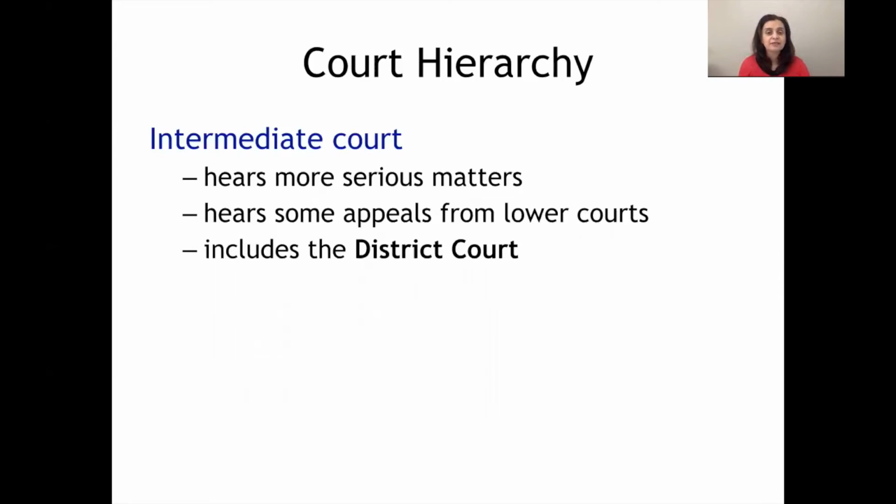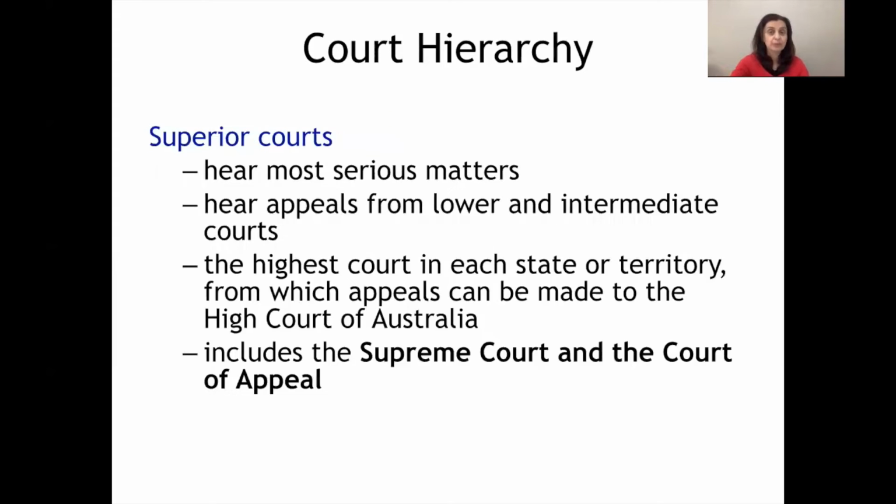So just know, I guess, that between the District Court and the Superior Court of the New South Wales Supreme Court, there is a statutory threshold for the remedy and the compensation which can be awarded. It's up to $750,000 in the District Court and then more than $750,000 for the Supreme Court.